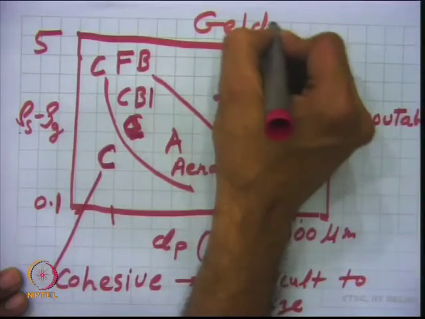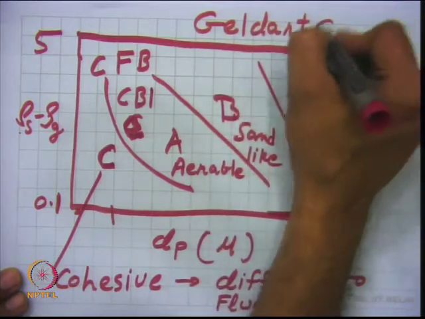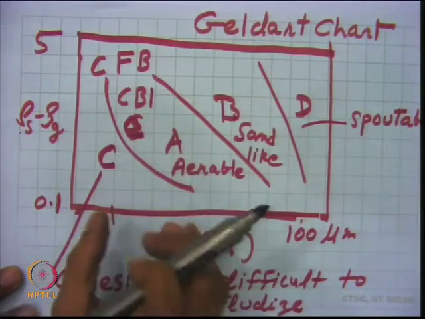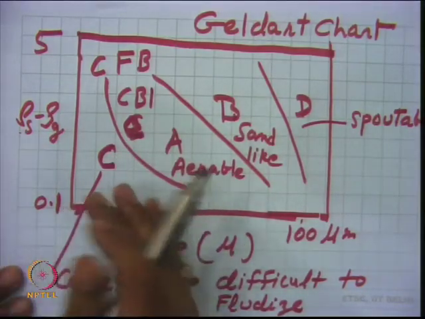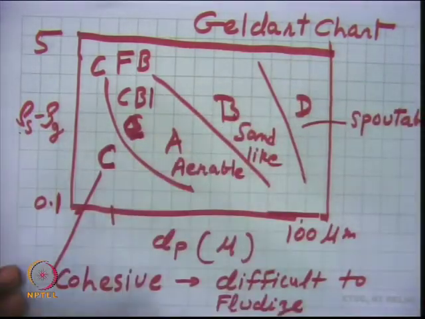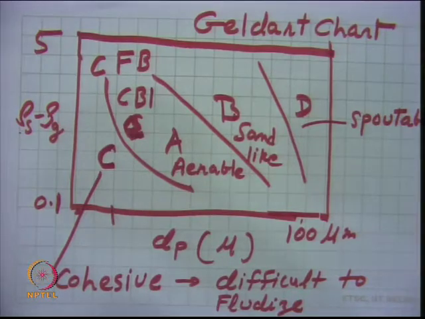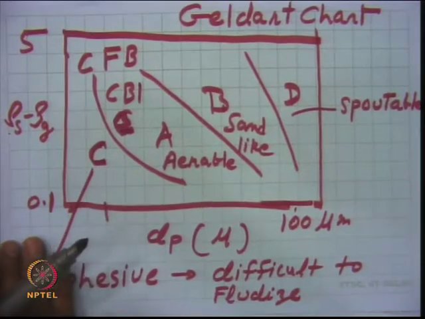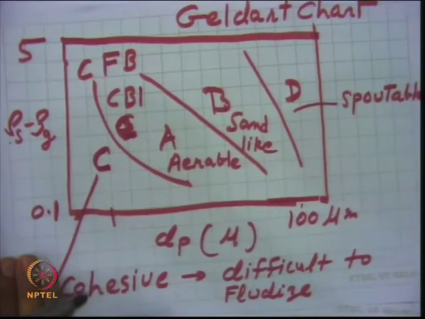So, there are different classifications, and this is what is known as the Geldart chart. It is generally used for the classification of particles depending upon their degree of difficulty of fluidization. So, A, B, C, D like that we categorize them, depending upon the size of the particle and the density difference. And this is the basis for selecting the superficial or minimum superficial velocity required for fluidization also.